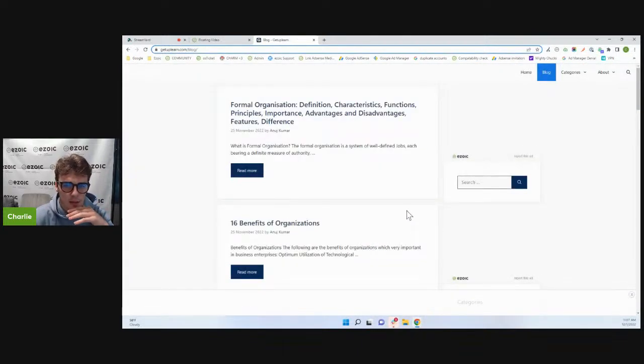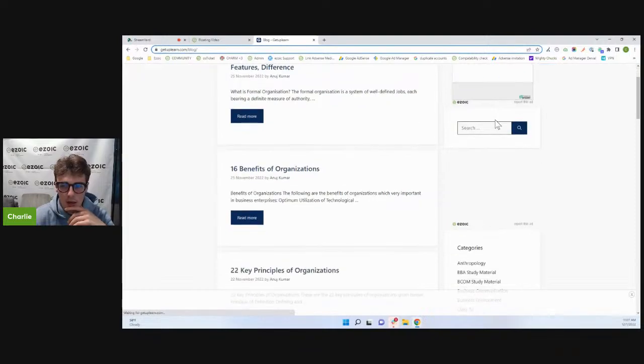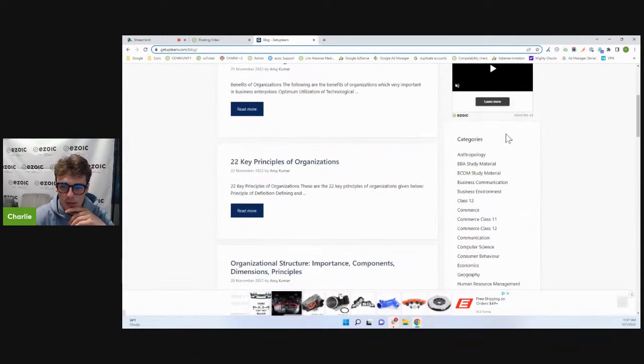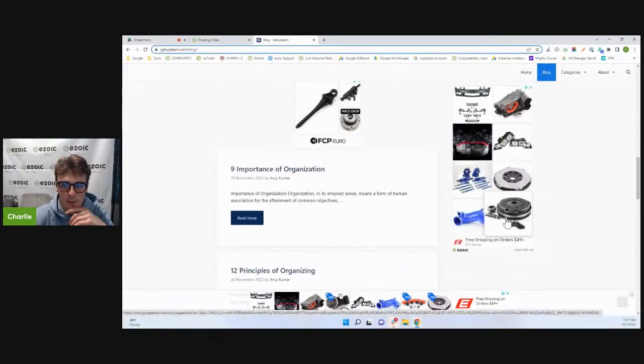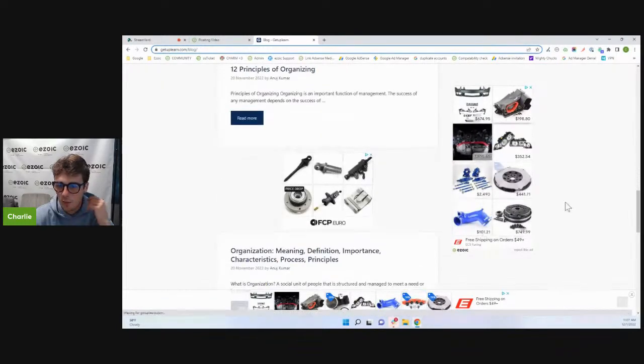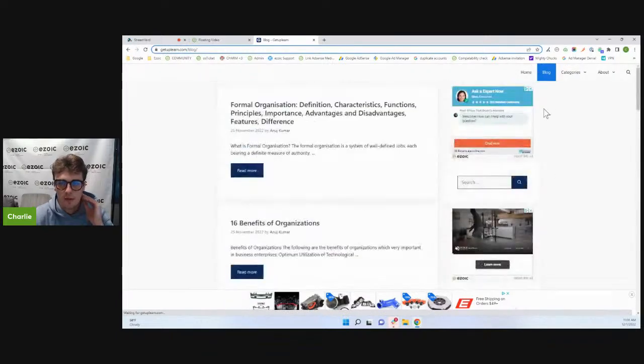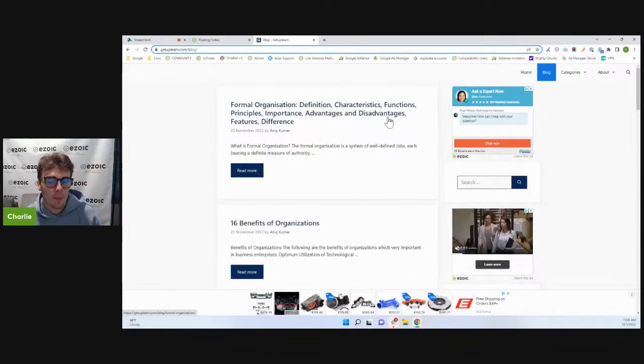Easy to close out. We see an Ezoic sidebar at the top. We have a sidebar mid between some of the content. And then we have a sidebar floating here at the bottom. So this is an awesome setup. The bottom of the page and the sidebar floating are two of some of the better performing placeholders